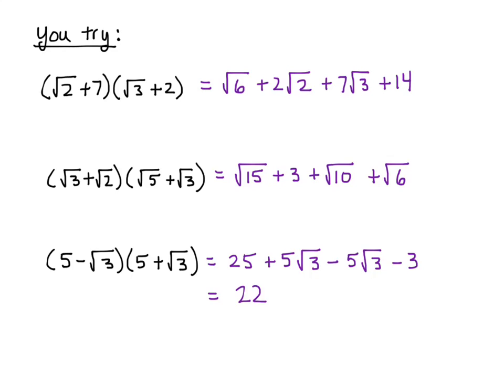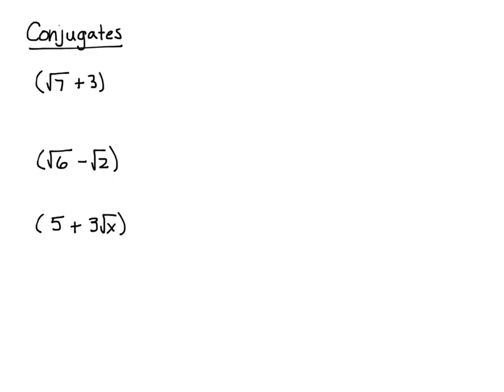Now on this last one, of course, I showed the middle terms, but you don't really have to once you recognize that you have the difference and the sum of those two. Okay, so there's a special word for these two kinds of things. They're called conjugates. And what the conjugate involves is having the difference and the sum with the same first and second